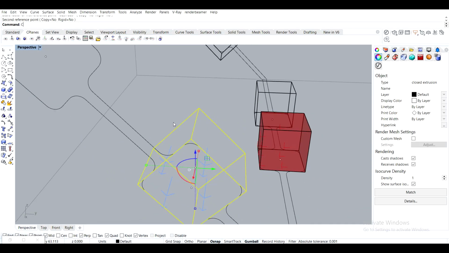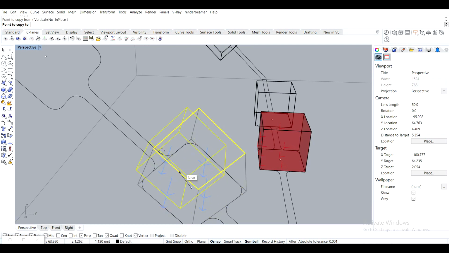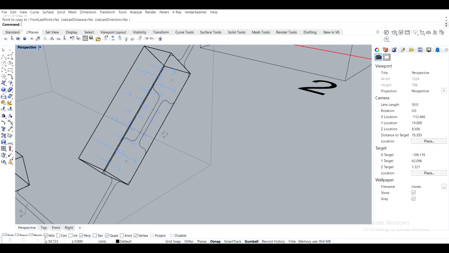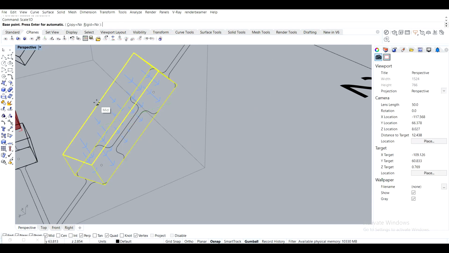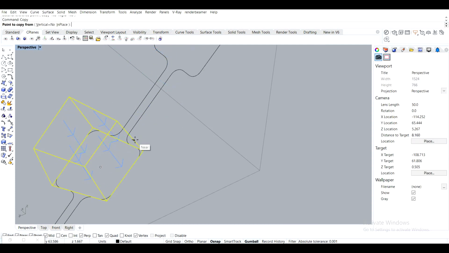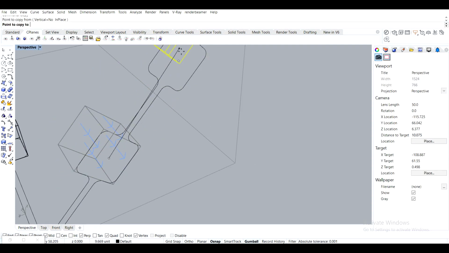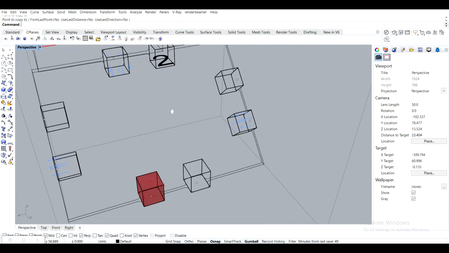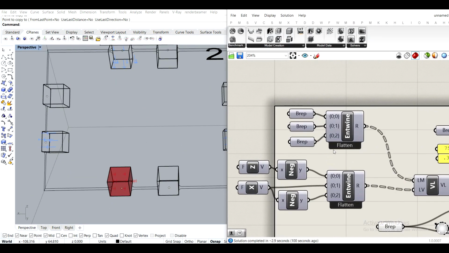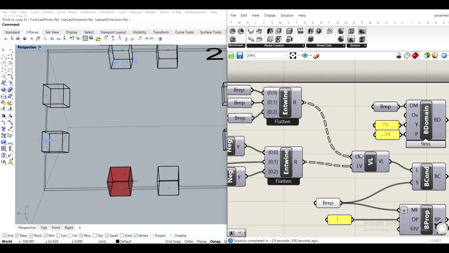To here, copy, to here, and last one, scale 1D, copy, there we go. So back here, we need to re-reference everything, of course, except the boundary, because we're not messing